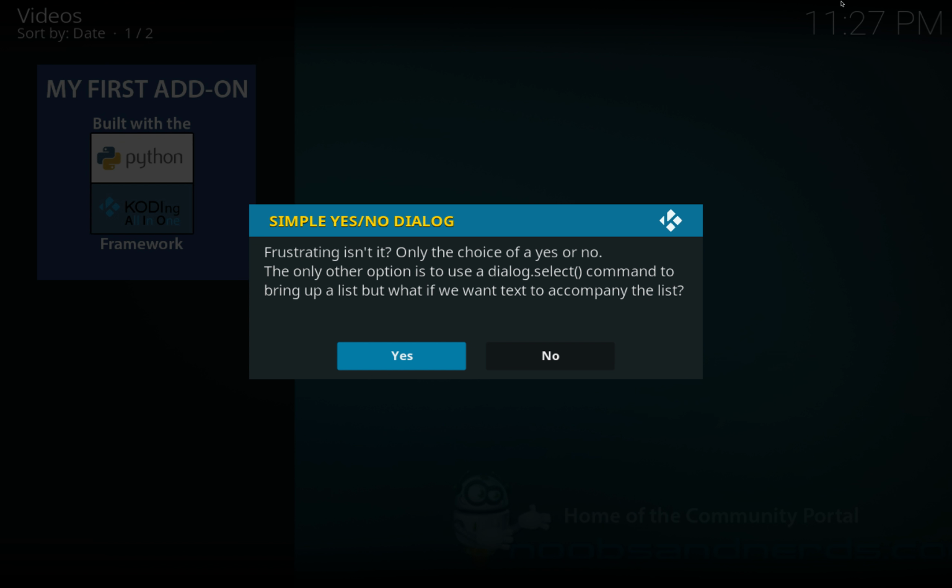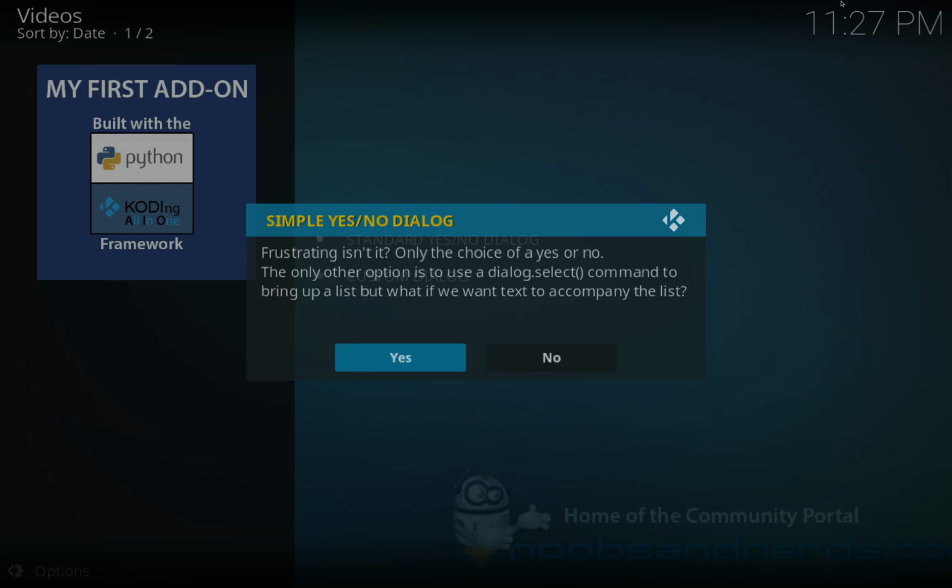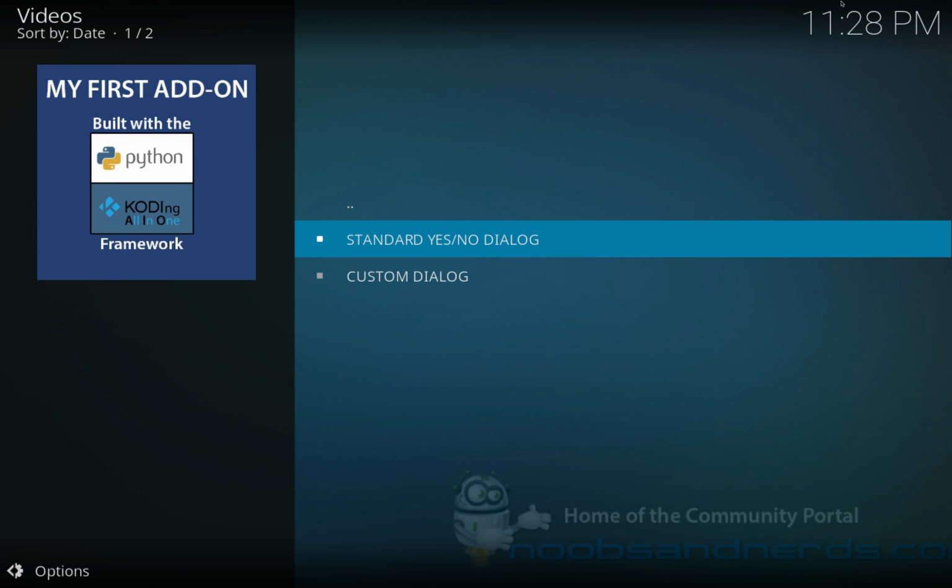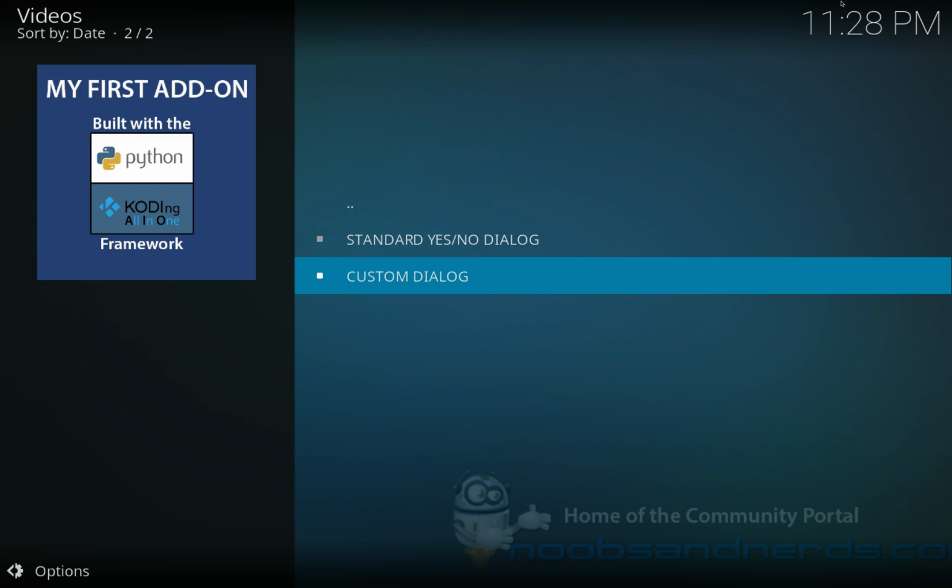The only other option is to use dialog select command to bring up a list. But what if we want text to accompany the list? So let's just click on yes to get out of that. What I mean by that is, what if you want a nice chunk of text and a number of options? You don't really have a built-in option in Kodi. So what I've done, I've created this function called custom dialog, and